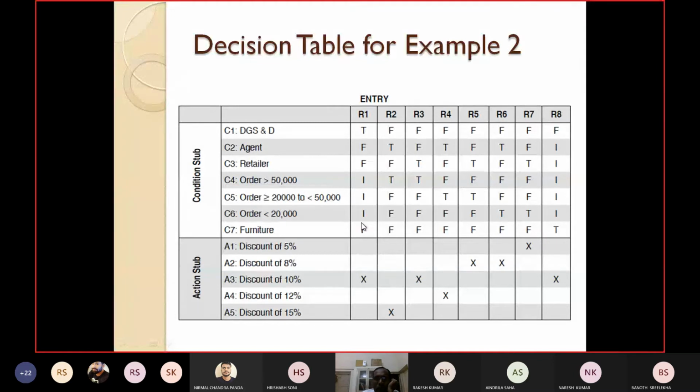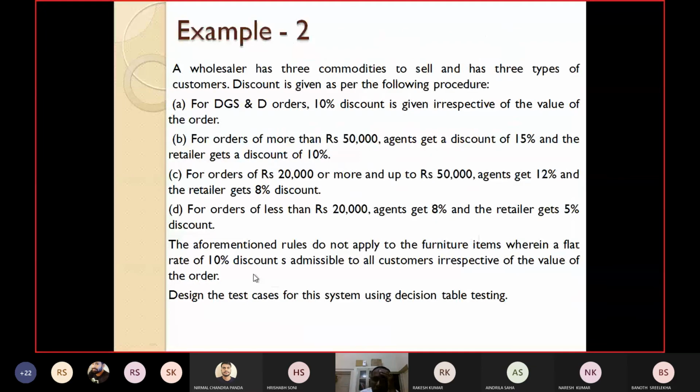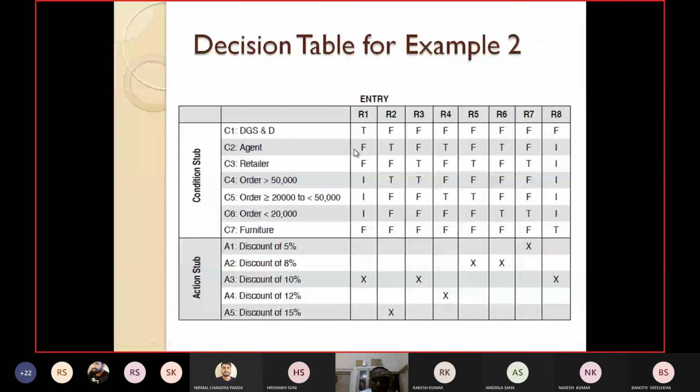Next, we will see if it is not a DGST item, but he is an agent, not a retailer. Now I am considering first all items which are not furniture, because furniture is a separate clause. I am not considering furniture. That's why I have made furniture false, false, false for all of these.